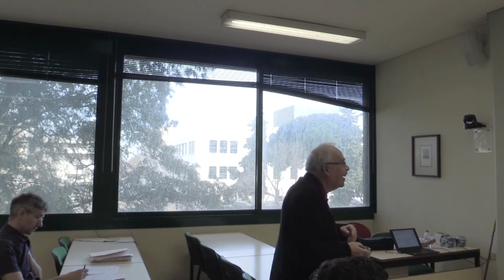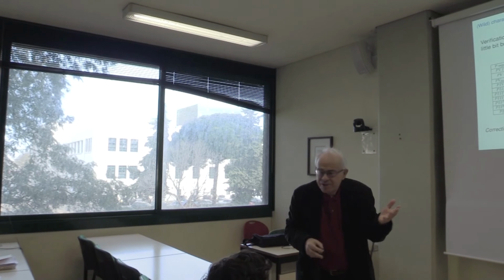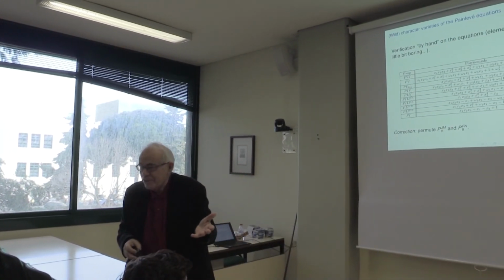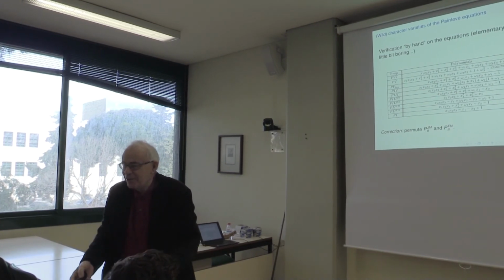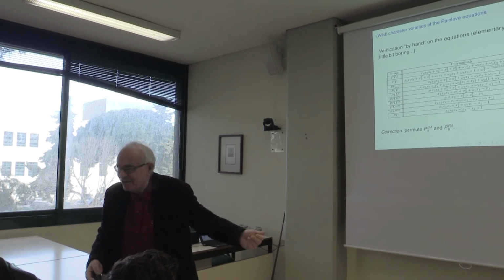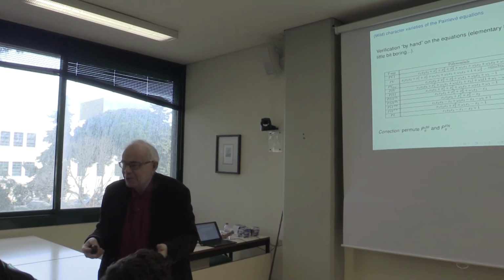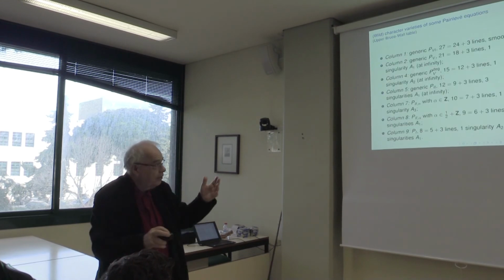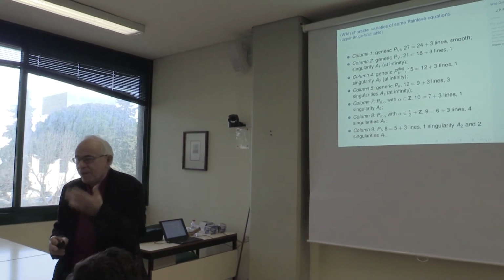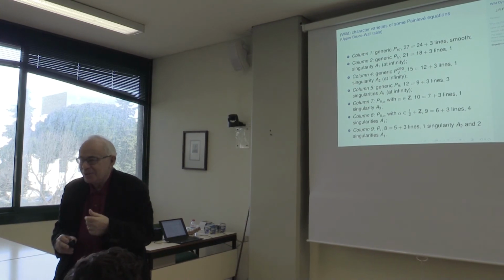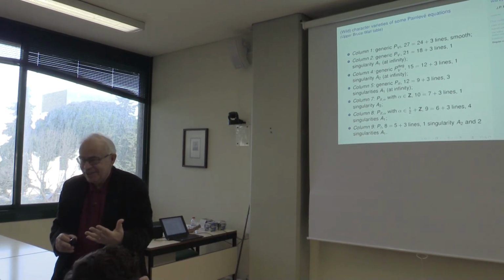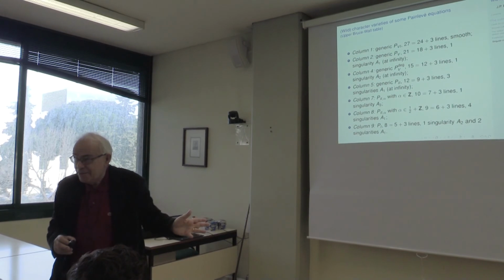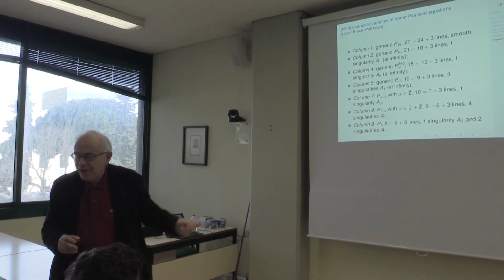Yes, I will answer the interesting question. You have the explicit equation, so by hand you can compute the lines, you can compute the singularities, you can compute infinity. So if you are interested in P4, you can find it. We do not do that because in fact these results we get by a trick that I will explain at the end of today's lecture. The trick is to look at the linear equation. So looking at the linear equation, you guess the number of lines. Okay, so we have in fact guessed the lines.